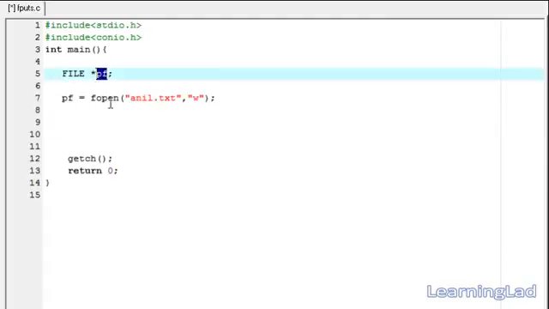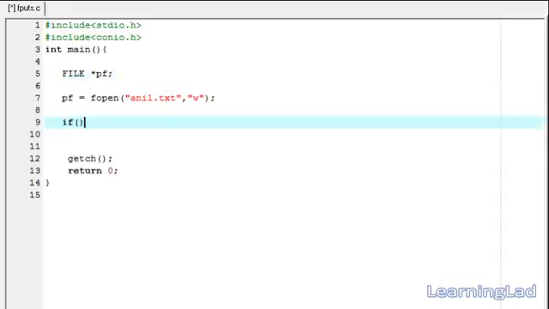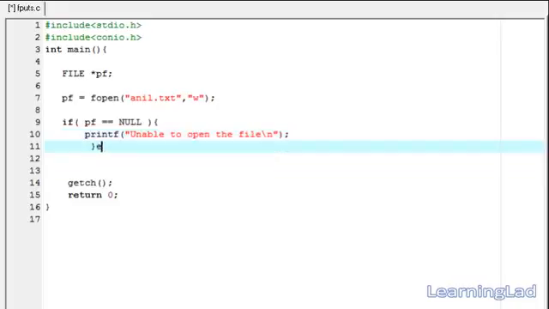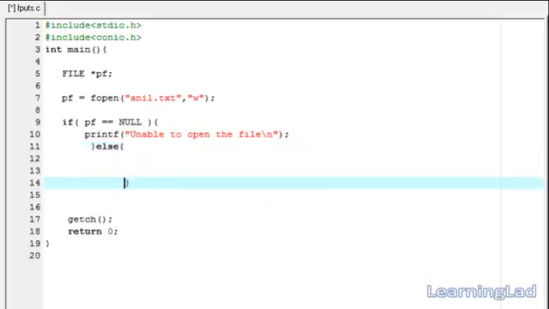If this fopen fails, then it's going to return a null value. Now we're going to check whether that file opened successfully or not by using an if statement. That's going to be if pf equal to NULL. If it is null, then the file was not opened successfully. We're going to say printf, unable to open the file. That's it. Now else, which means our file has opened successfully,